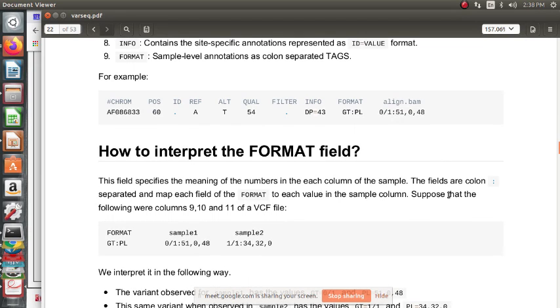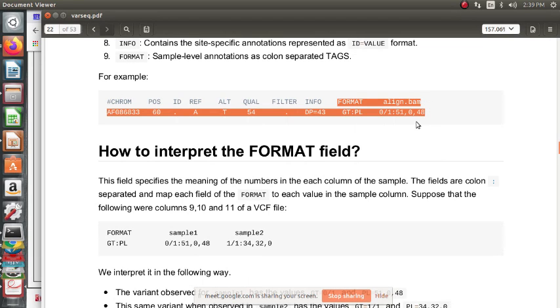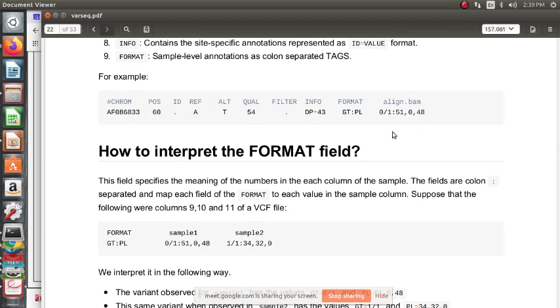So how to interpret the FORMAT field, that is the next section. We saw this: FORMAT followed by the name of the BAM file, and GT:PL, that is 0/1:51,0,48. This field specifies the meaning of the numbers in each of the columns of the sample. The fields are colon separated, and we map each field of the format to each value in the sample column.